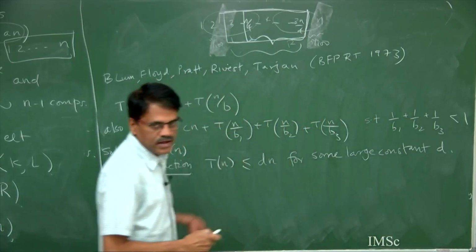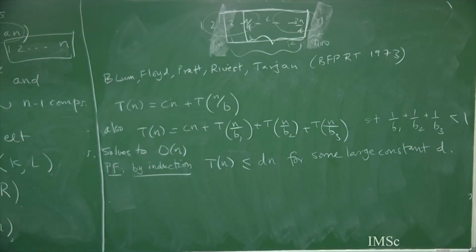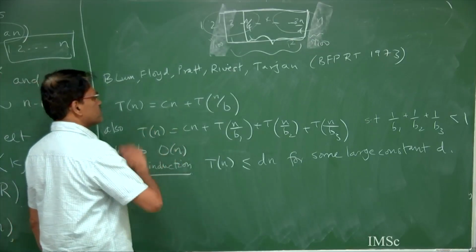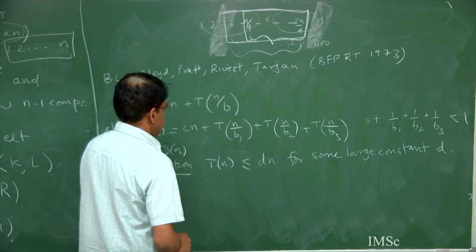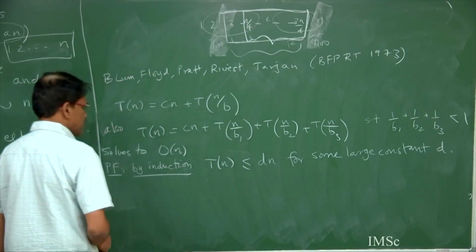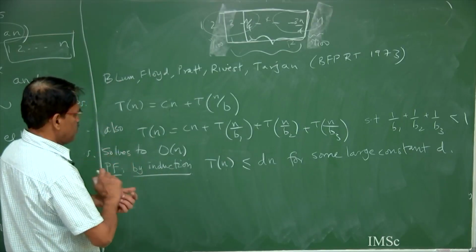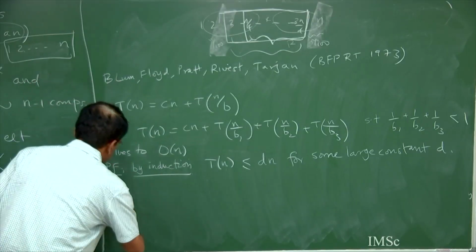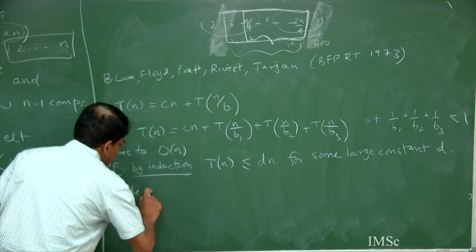We will choose this d based on what we need at the induction step. So, go look at the base case of the algorithm, whatever it is, it is going to take some linear time, and whatever that constant is, d has to be larger than that constant for the base case. So, assume it is true for small values of n, then I am going to say at the induction step